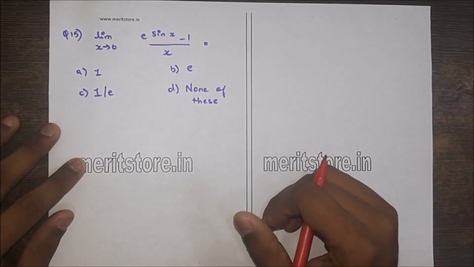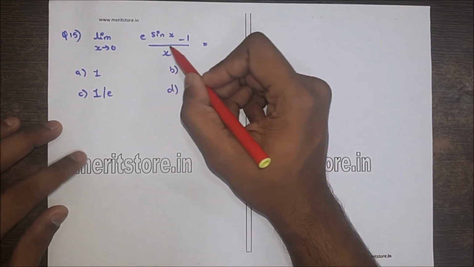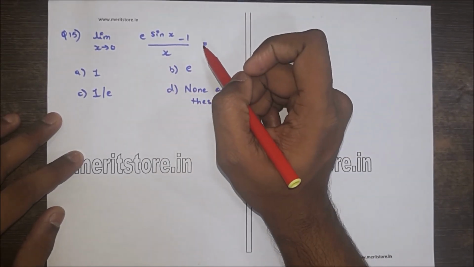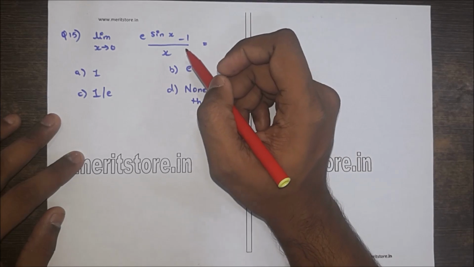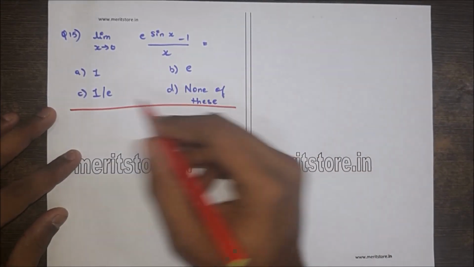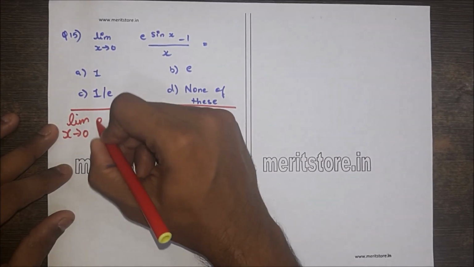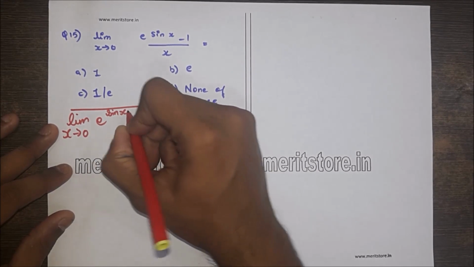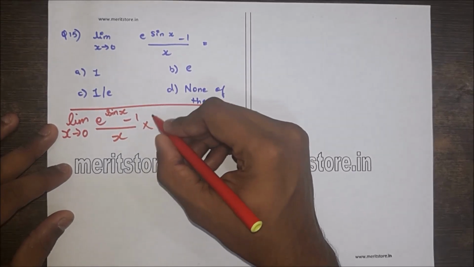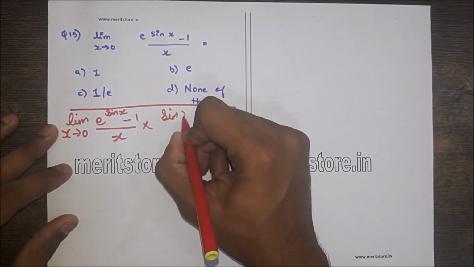Limit of x tends to 0, e raised to sin x minus 1 upon x equals: option A 1, option B e, option C 1 by e, and option D none of these. What we do first is limit of x tends to 0, e raised to sin x minus 1 upon x. What we do first is we multiply and divide by sin x,